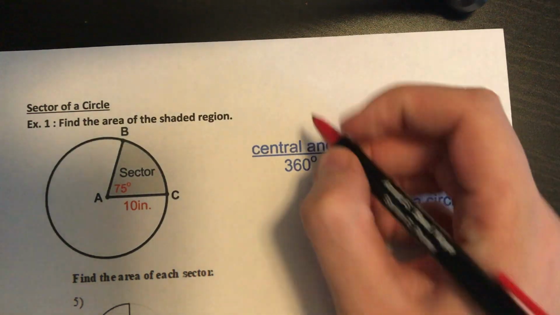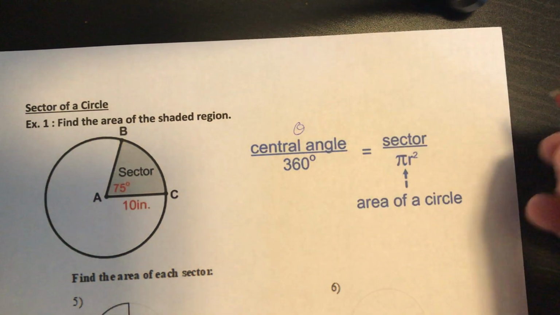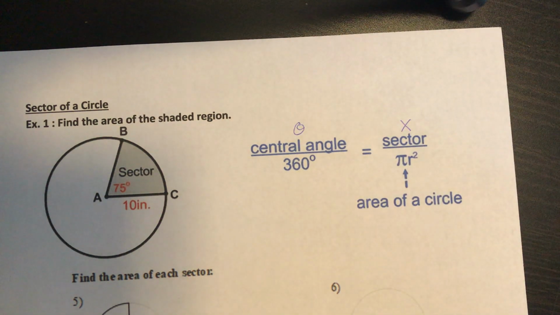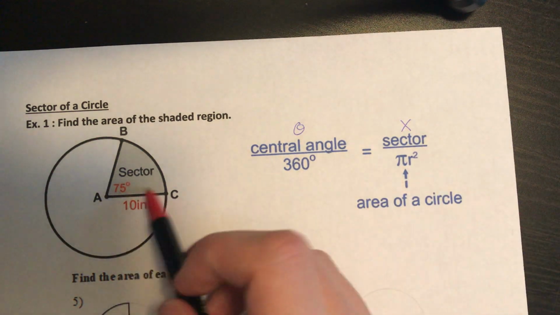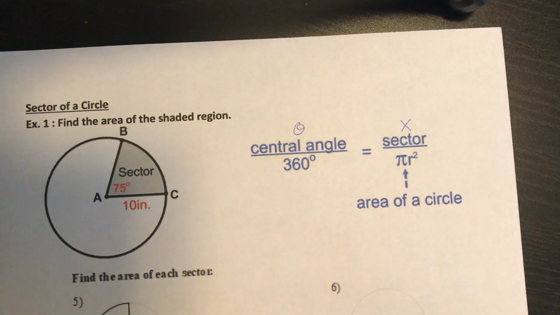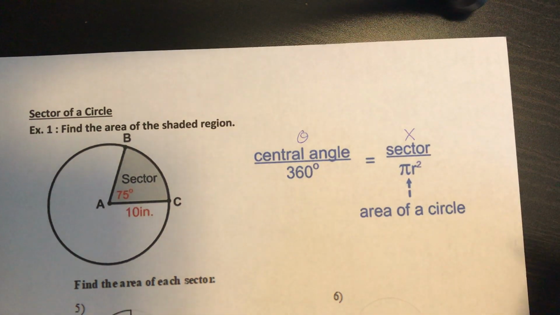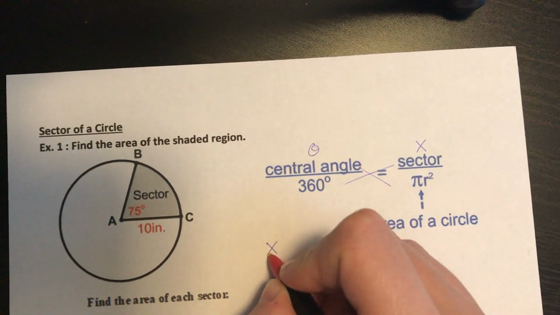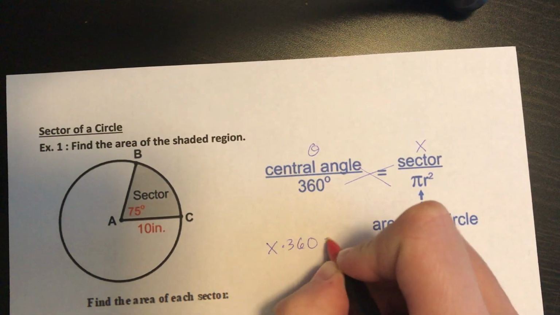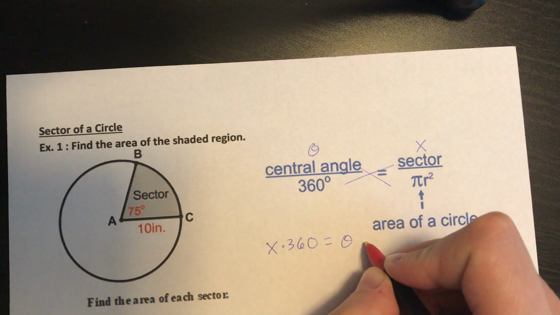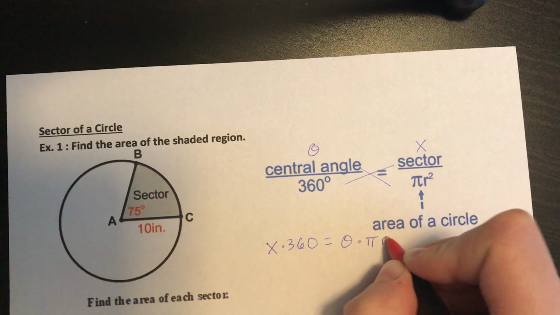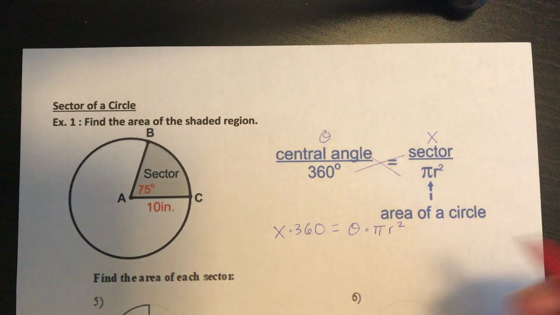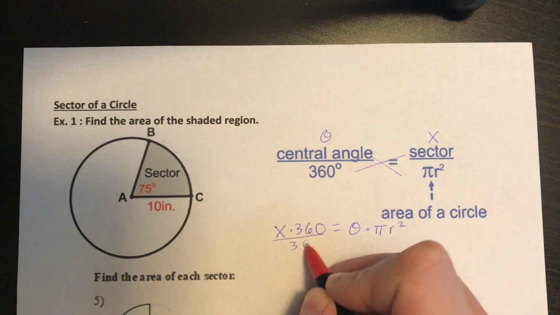So again, I'm just going to call central angle theta. I'm going to call sector x, because that's usually what we're trying to find. So again, if I cross multiply, this would be x times 360 equals theta times, this time we're dealing with area, the area of a circle formula, okay? And then again, to solve for x, I just divide by 360,